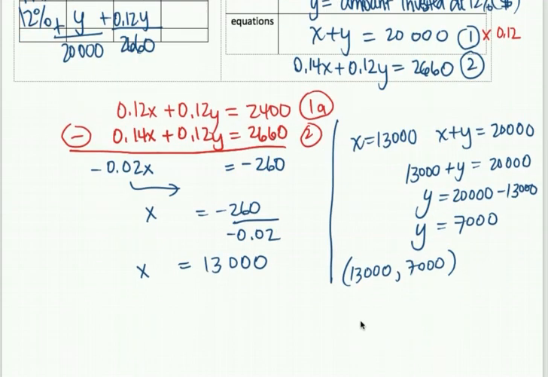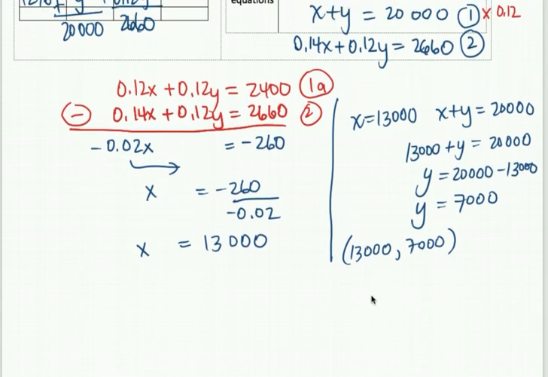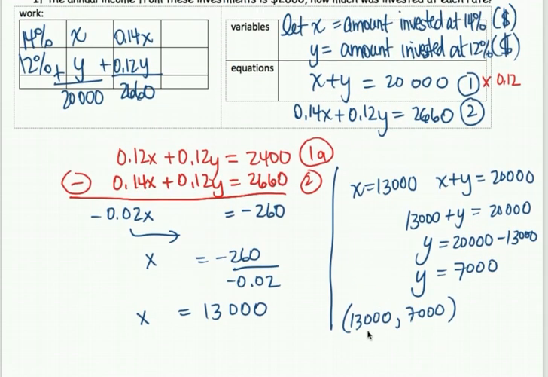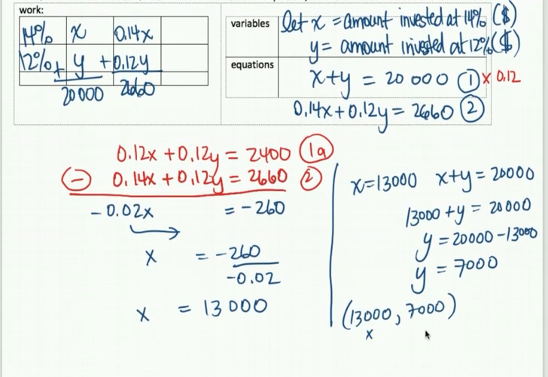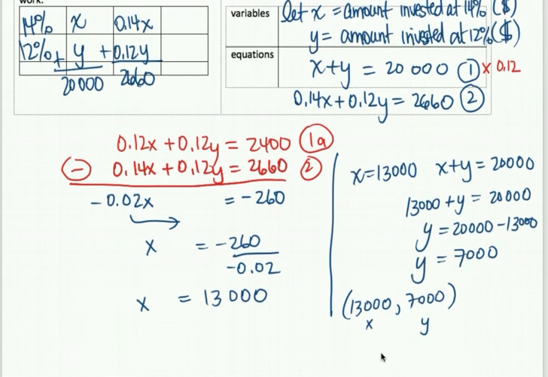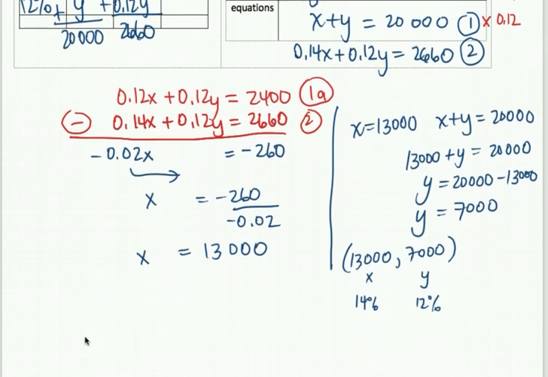Okay, but again, you need to know which one's which. If you get it backwards, you don't get full marks. So remember, this is your X, that's your Y. That's how we always write the points. What did X represent? Well, X represented the 14%. The Y represented the 12%. So therefore,